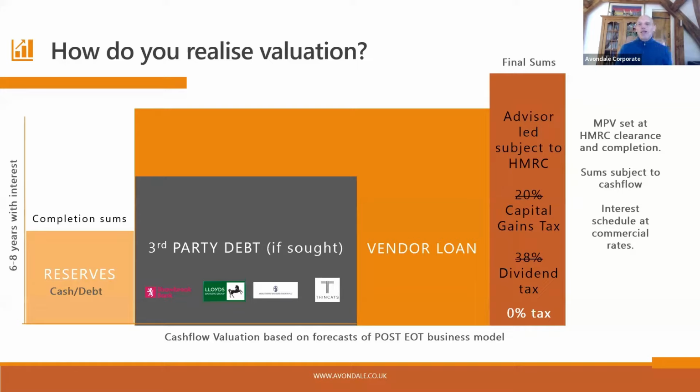So when we present it to them, it's really professionally thought through and presented, because getting the management on side is, of course, a key part of an EOT, because hopefully, as you step back as sellers, they're the ones that are going to drive that cash flow to make sure that you get your money out at 0% tax. In a strange way, there is a second tax break really here. If we're using the cash flow of the business over the future, and that's no different to a leveraged buyout or a management buyout,